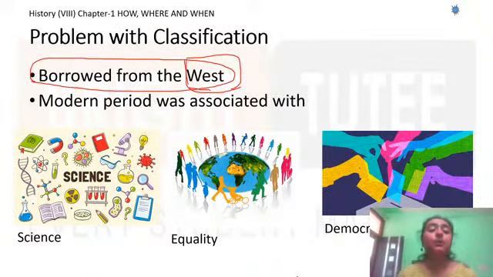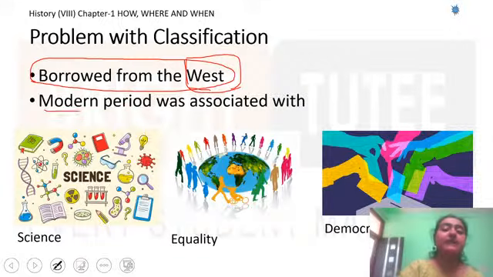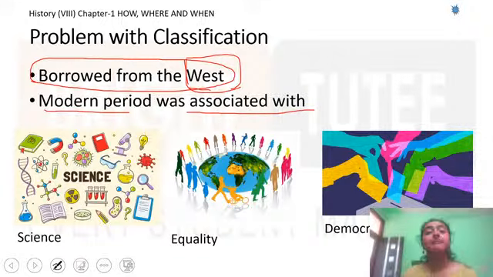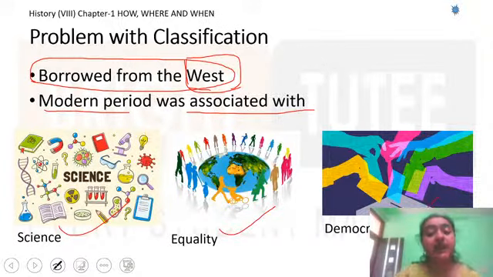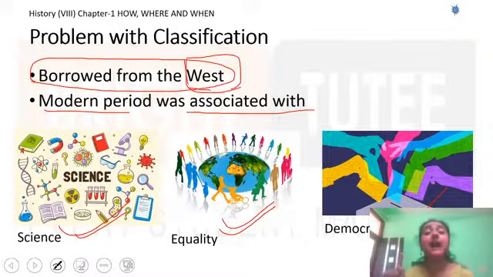And also modern period was associated with the forces of modernity. Modern means you imagine there are modern things, okay, and what were those modern things? Science, equality, democracy. Science with the discovery of new things, new inventions. Science, it is related with modern period. Equality among citizens. Okay, there should be no discrimination